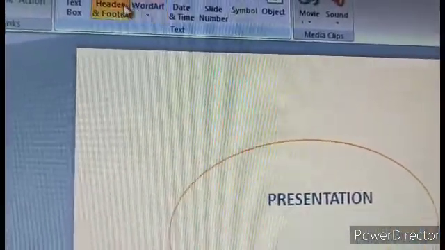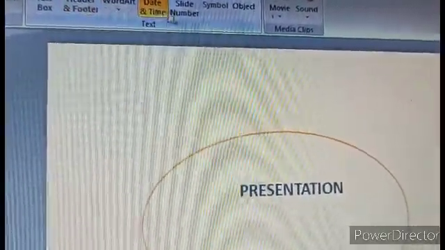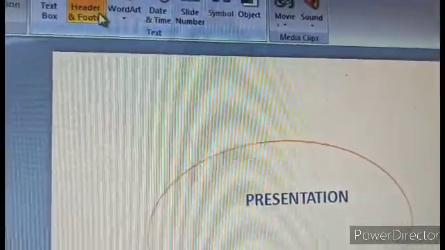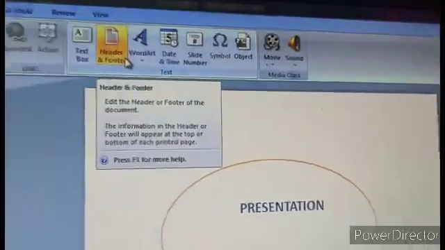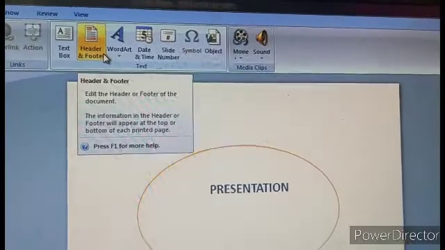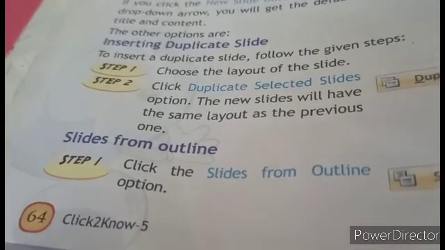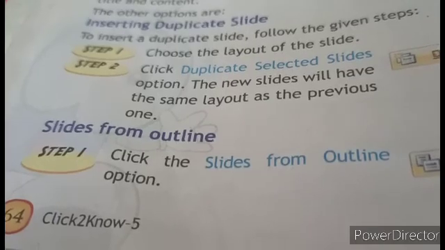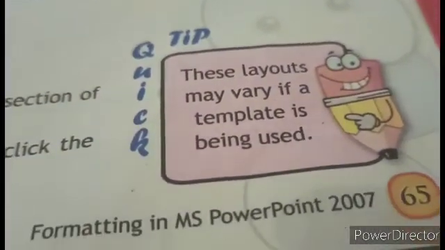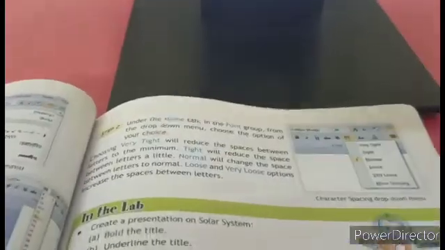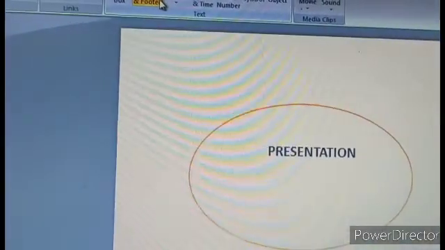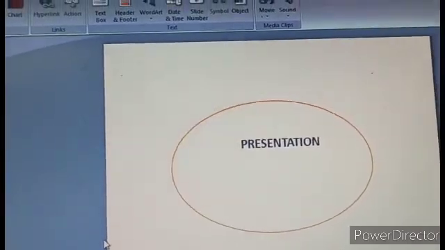Next is header footer. Header footer, date, time, slide numbers are all related; we will get them in the header footer. So what is header footer? It is very common. Let's check your computer book. See, in a computer book something is common in every page, like the page number, the name of the book, the chapter name. These are common in every page. So, a slide is taken as a page here, the same as in the book.